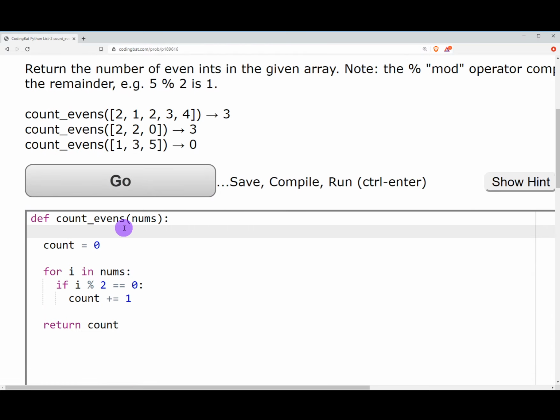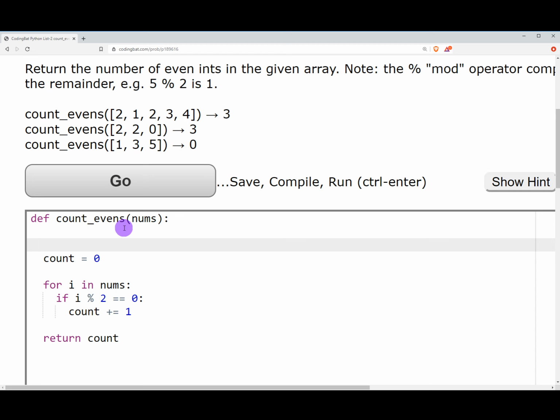So again, the reason I've asked you to refactor this, even though it's working, is because there's many approaches to solve any individual problem, right? There's many different ways, and I believe that thinking about some of the more Pythonic approaches and solutions is helpful to understanding what's available and what's possible. You are using different tools available to you, and hopefully understanding them. So the first thing I'm going to do is